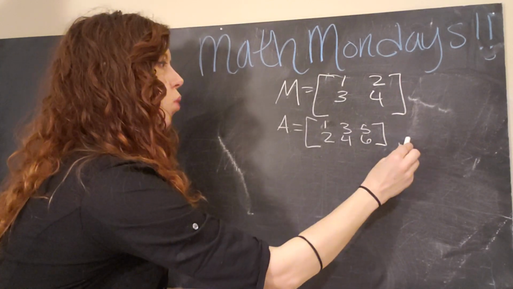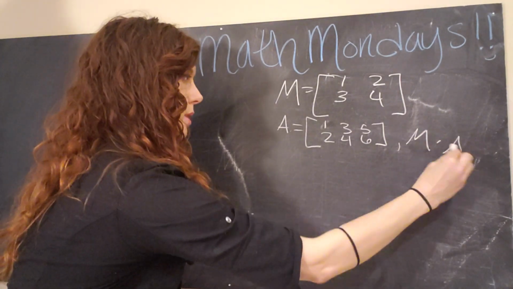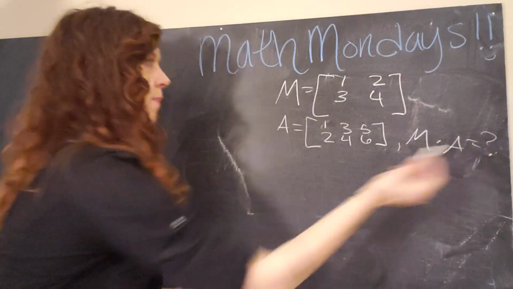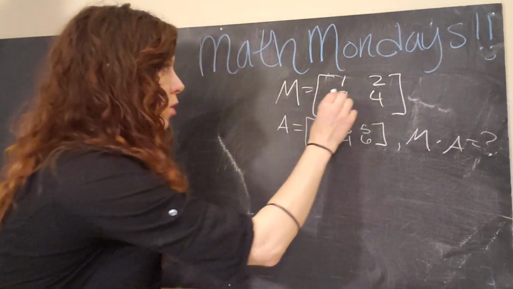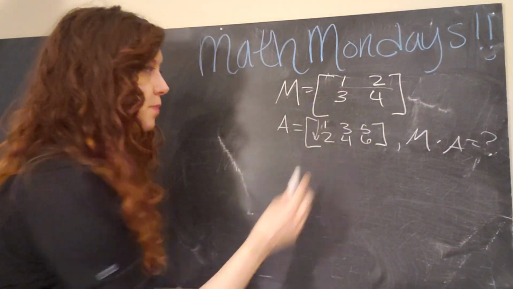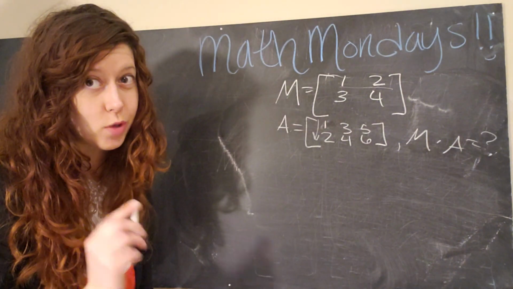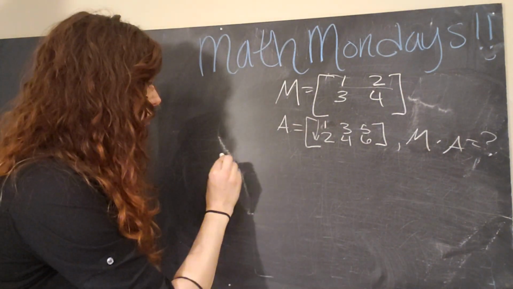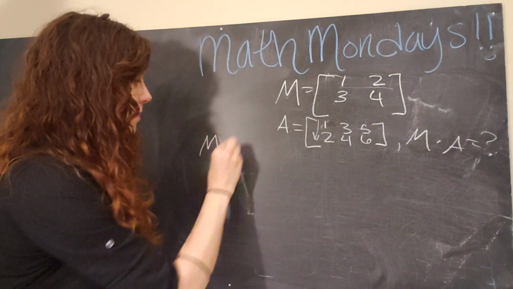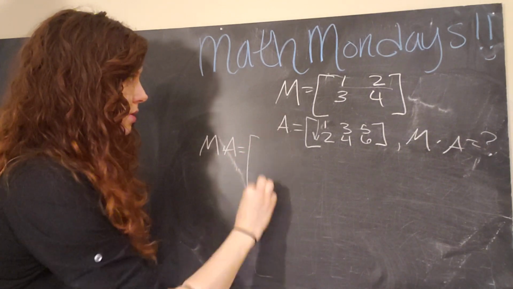And we're going to ask, what is M times A? Okay, so again, rows with the columns, but in this case, it's going to take us a little bit more time. Okay, so M times A equals